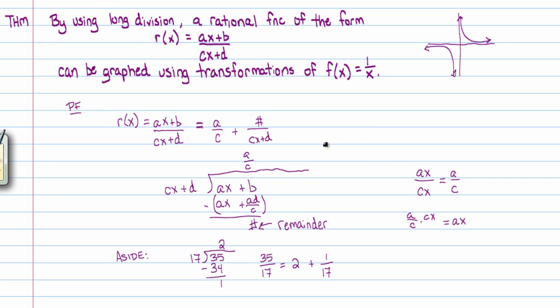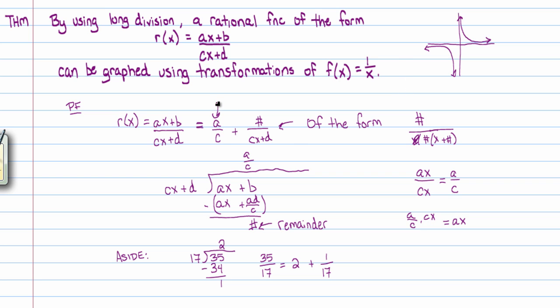And that second term, that one right there, is of the form number over some transformation of x. Well, maybe I should say number times x plus number or whatever. It's basically a transformation of 1 over x. So this is why we're saying that it can be written as a transformation of 1 over x, because here's